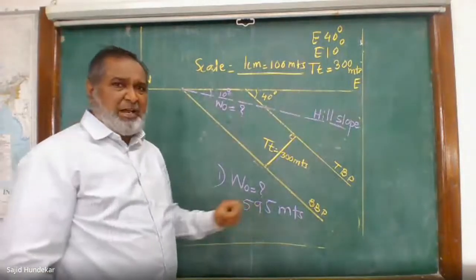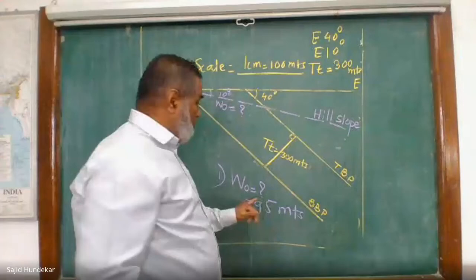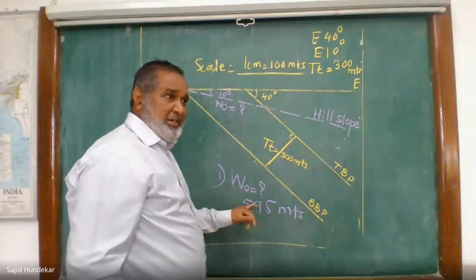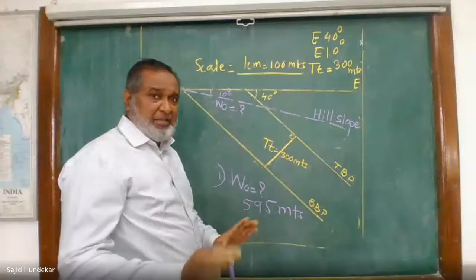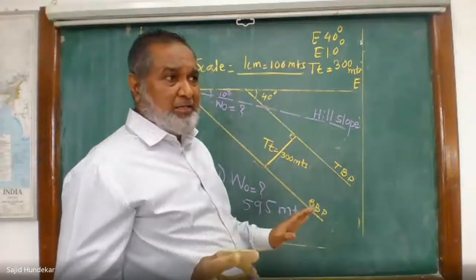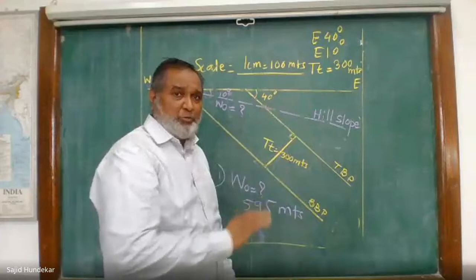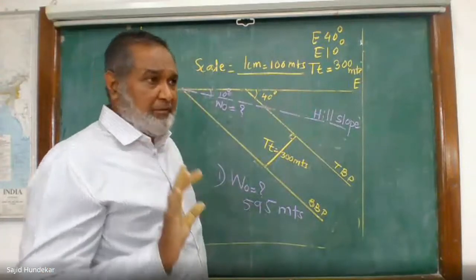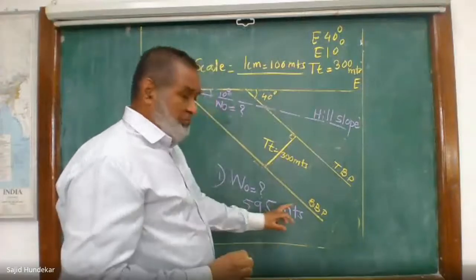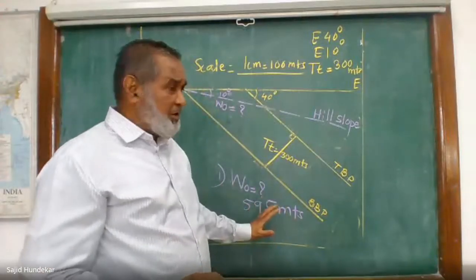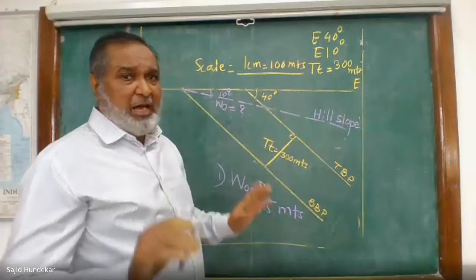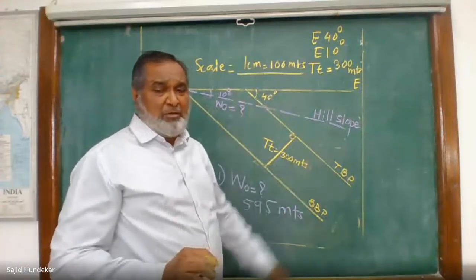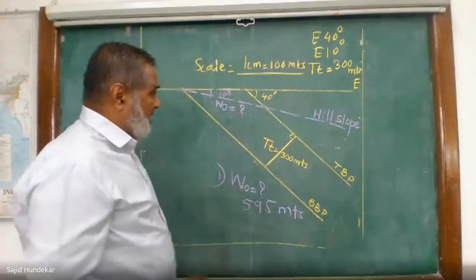A slight error may be there, but up to 605 or 585, these answers will get full marks. But above this or below this, if we have your answers, the marks will be deducted. From here, plus or minus 10 meters, the answer will be correct. But above this, 15 or 10 meters above, it is wrong. You will get the marks.